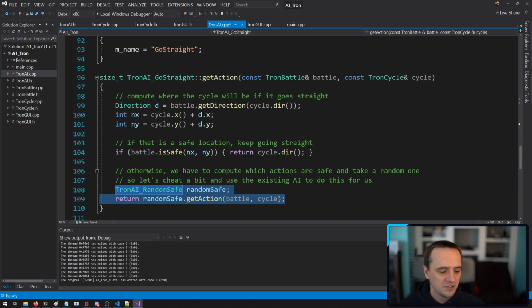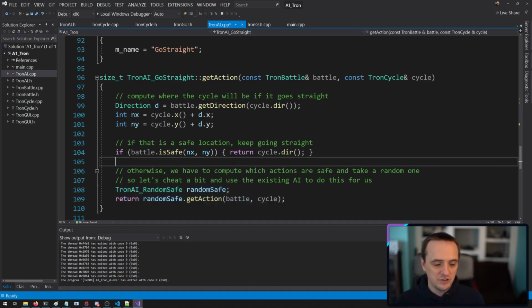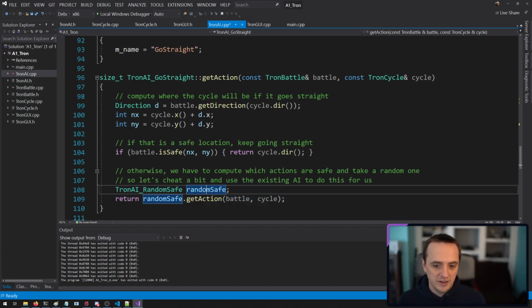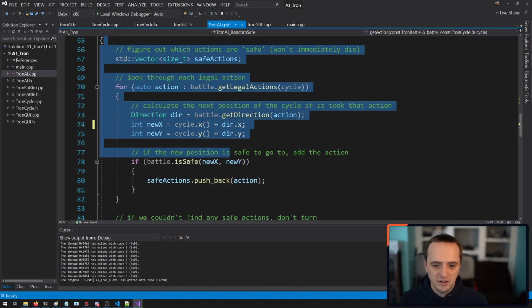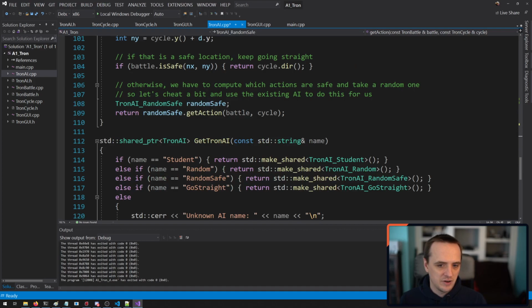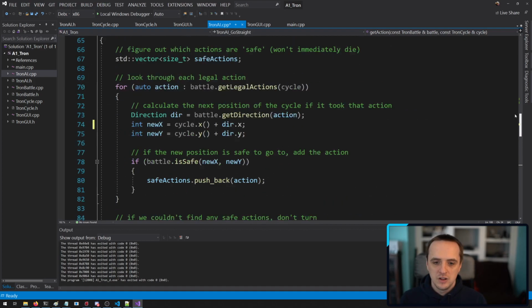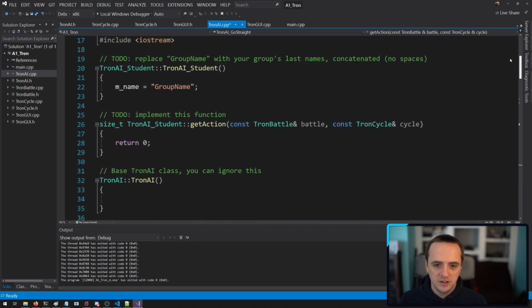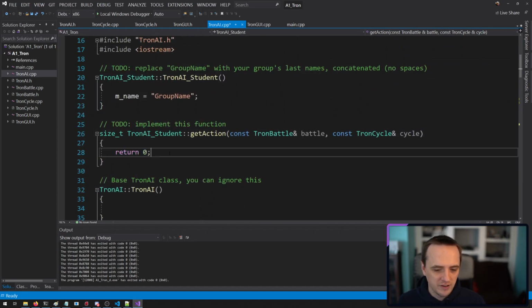See how that works? So it's super modular. If at any point I want to get a random safe action, I can instantiate the random safe AI and get the action that it would do. Rather than taking all this code and pasting it down here, we essentially just wrote a class that does it for us. Okay? So what you have to do for this assignment is write your super duper fantastic AI that